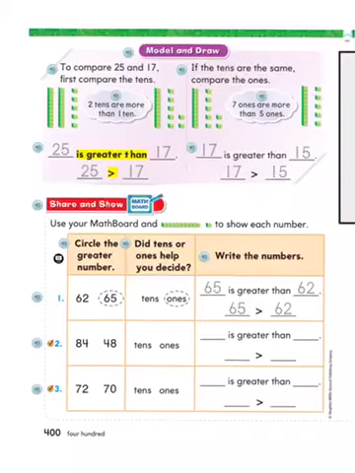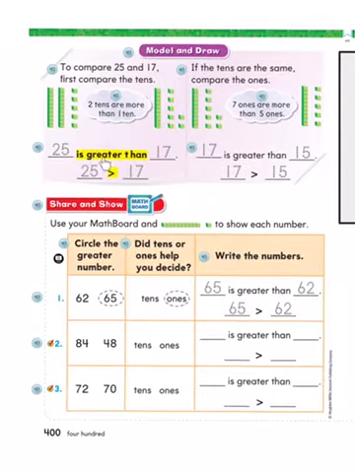Okay, class, so we are working on comparing numbers today. If you look up here at the top, it says to compare 25 and 17, first compare the tens. So first we look here and we have 10, 20. And then we look over here and we have 10. So right away, when I see these two tens compared to this one 10, I know that two tens are more than one 10. So since my numbers are 25 and 17, I'm going to write 25 right here because